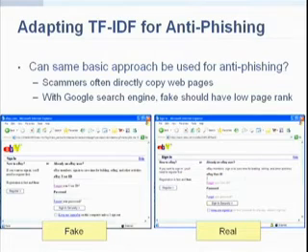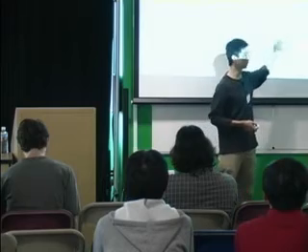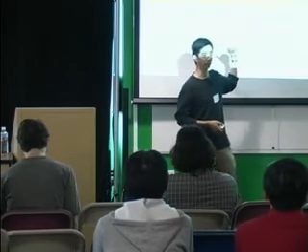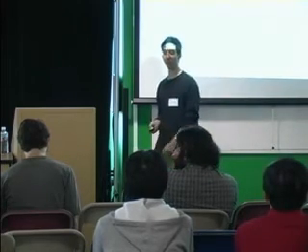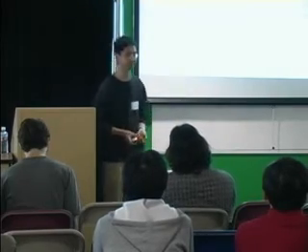The other thing too, which is sort of the preview of how we use the Google search engine, is that the fake one should actually have a lower page rank, because there's not a lot of other web pages that are linking to this. So in theory, if you extract the words from this page and put them into it, you should get to this page and not the fake one, because no one's really linking to the fake one, and it should have a relatively young age, again, because most phishing websites are up for only 4.5 days.